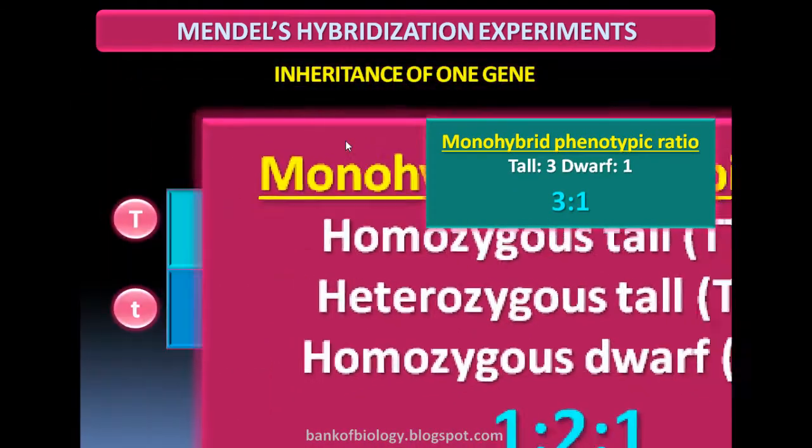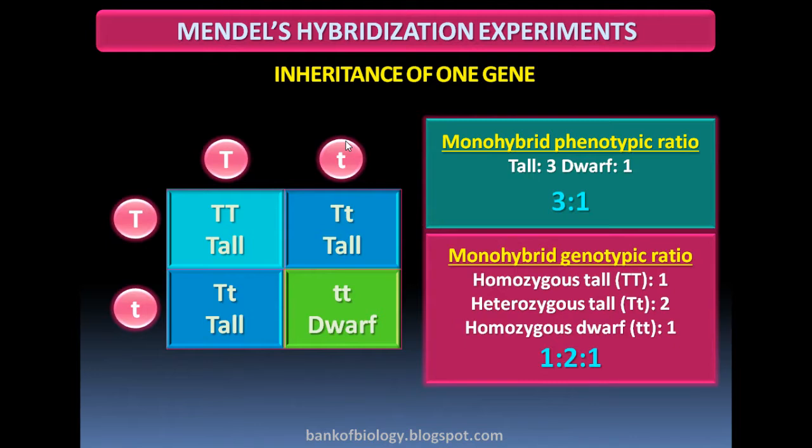In the previous video, we discussed the monohybrid cross. And we know that in the F2 generation, the monohybrid phenotypic ratio was tall 3, dwarf 1, that is 3:1. These three are tall and this is dwarf. Whereas the monohybrid genotypic ratio,